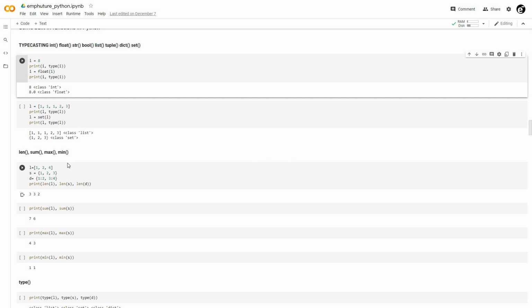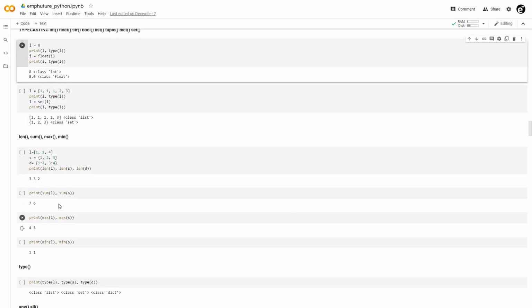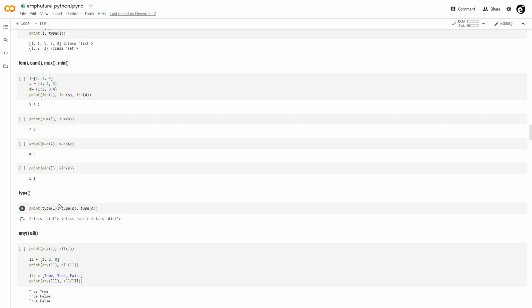Here I am taking the example of list, but similarly we can do this with set and tuples also. Now len function returns the length of the list. The sum function returns the sum of all the elements inside a list. And max and min return the maximum and minimum elements of a list. Then we have type function to check the data type of any variable.